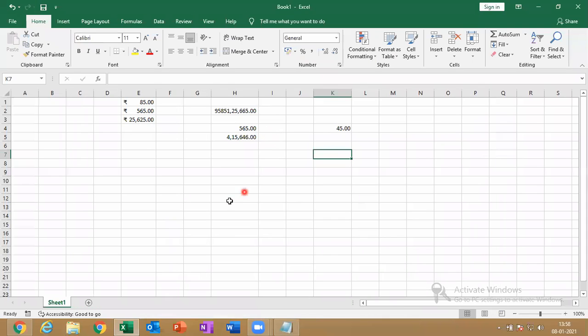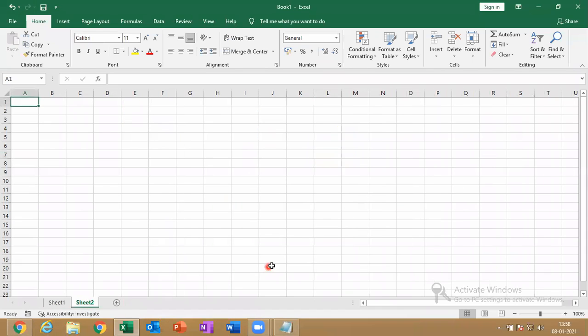So let everyone who is working with me take a blank sheet. Be ready to work with me. From here onwards, our practical will be more.